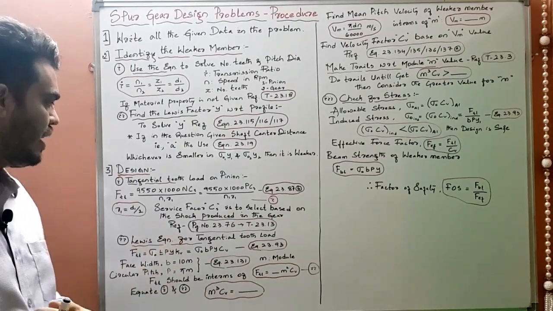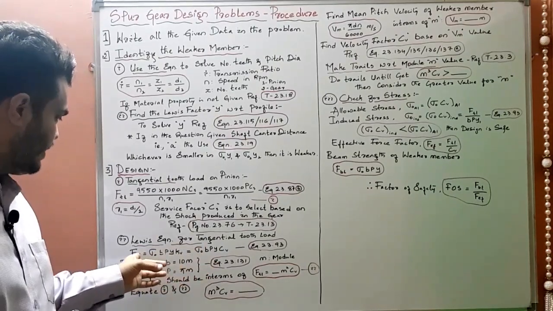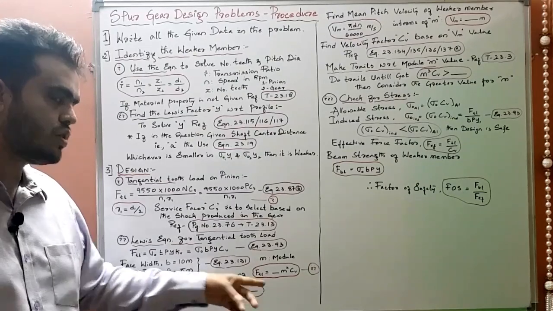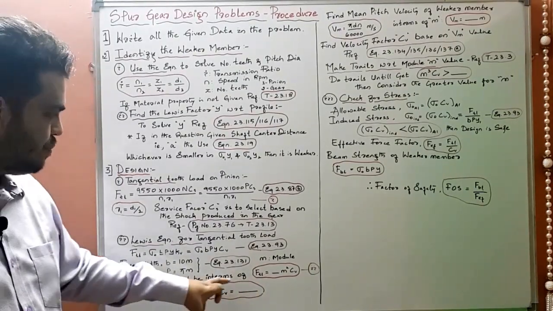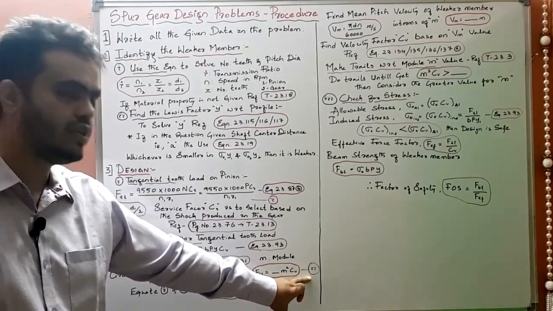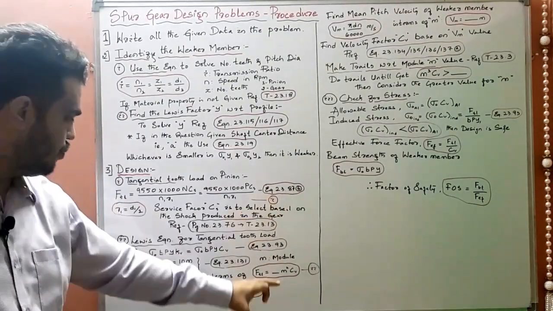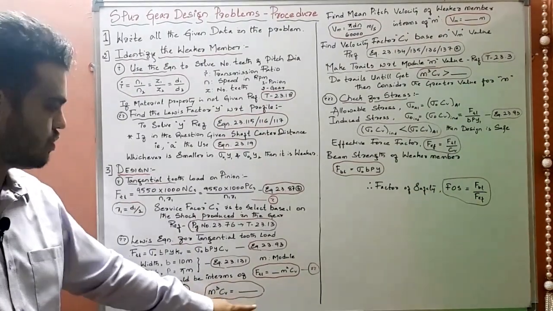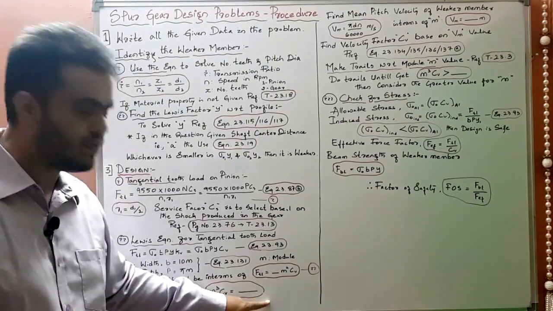While finding the Lewis equation for tangential tooth load, you need to find this FTL in terms of m cubed CV is equal to some value. How will you get that? Here FTL should be in terms of m squared into CV, right. You consider this as equation 2 and the earlier one as equation 1, and you equate those two. You will get m cubed into CV is equal to some value. In all the problems you will get it in terms of this only.